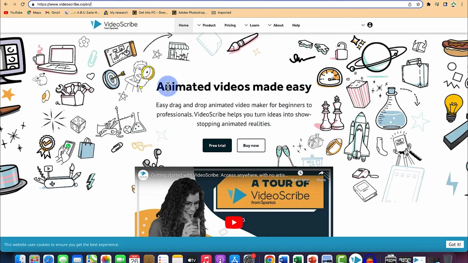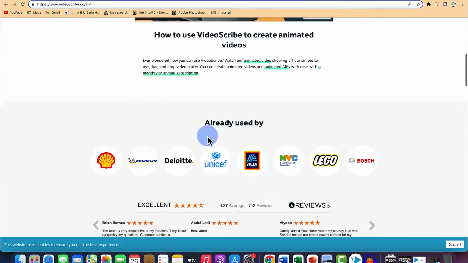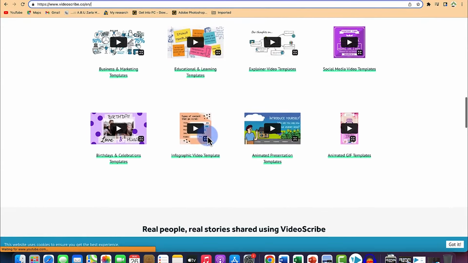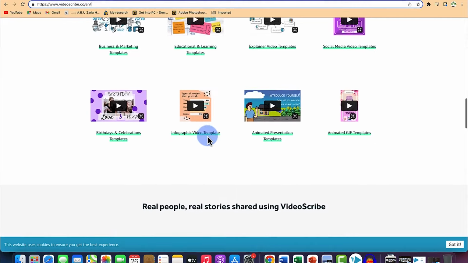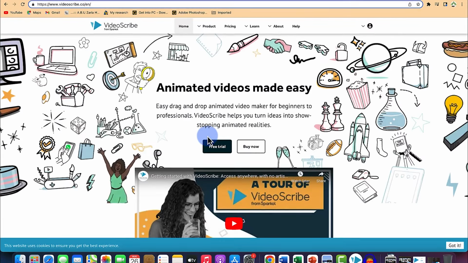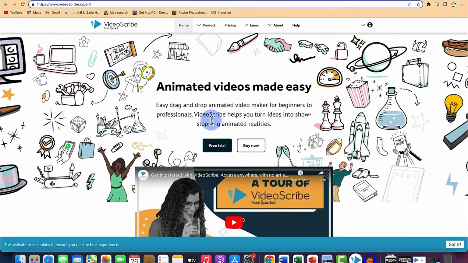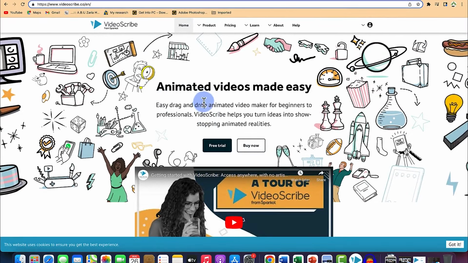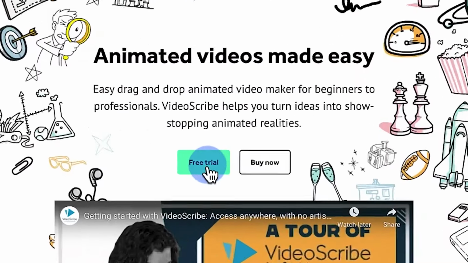So actually you can have a preview of what you can expect, people who have used it, and what you could create with VideoScribe. You can do quite a lot with this very animating platform. You can just go ahead and have a preview and a look at what are the key functions and features of it. But then if you want to try for 7 days, you can come to free trial for 7 days over here,